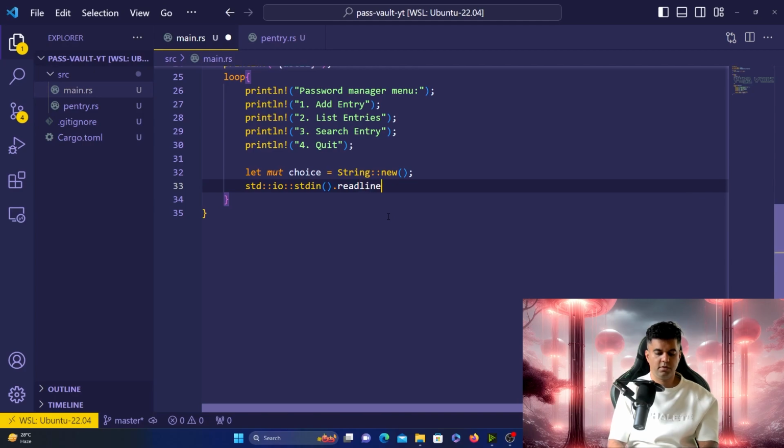and we're just going to read line and read the user's choice, and that will be available to us as this mutable called choice. So now whatever the user types in will be available to us as this mutable variable called choice, which is a string,